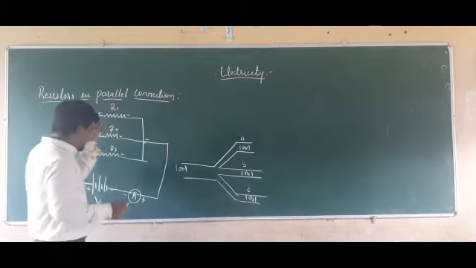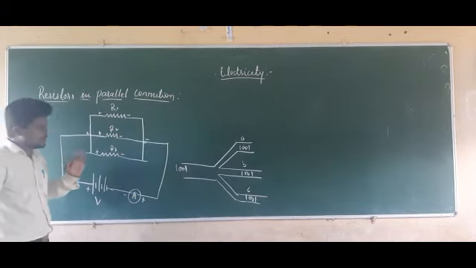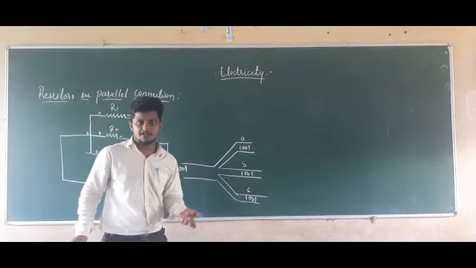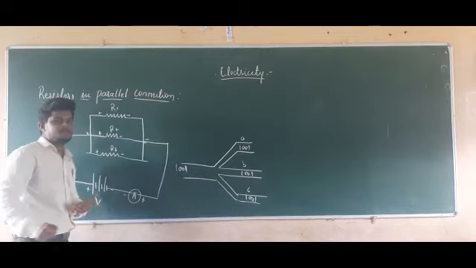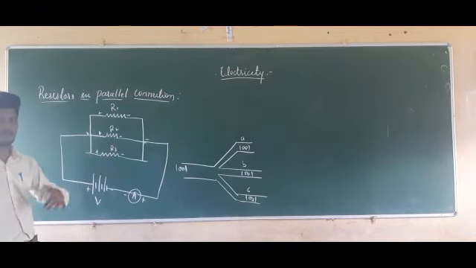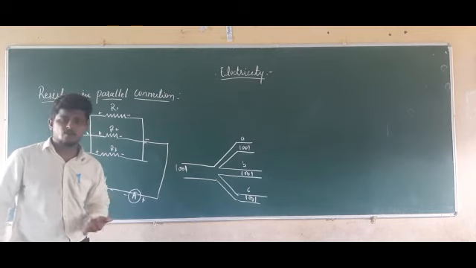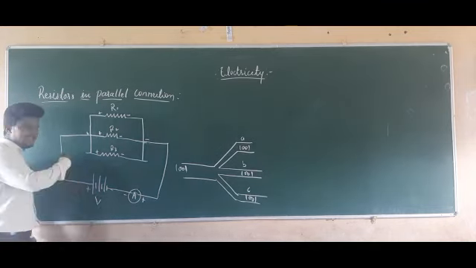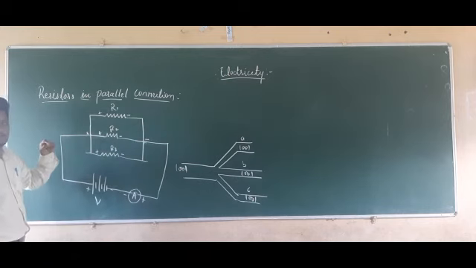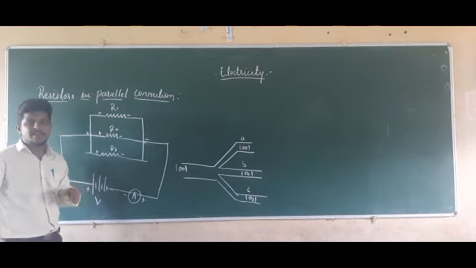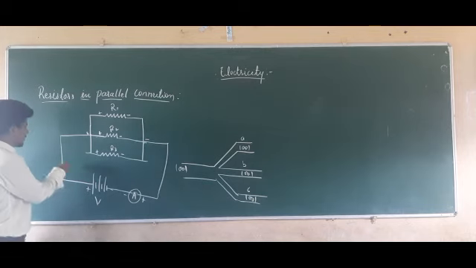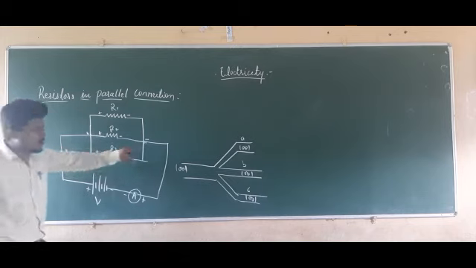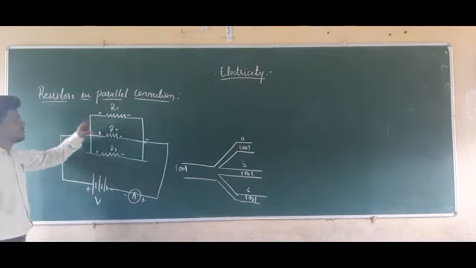In the same manner, if we take the current here, that was the flow of water, the water current. In the same manner, we have the flow of charge. So what is the flow of charge here? It is nothing but current. If we provide current here, the current is divided among these three resistors. The total current which is flowing here is I. Like the water, it is going to divide into three parts.